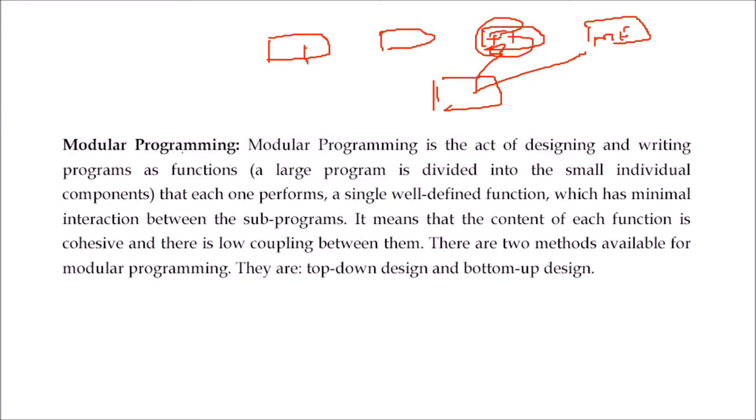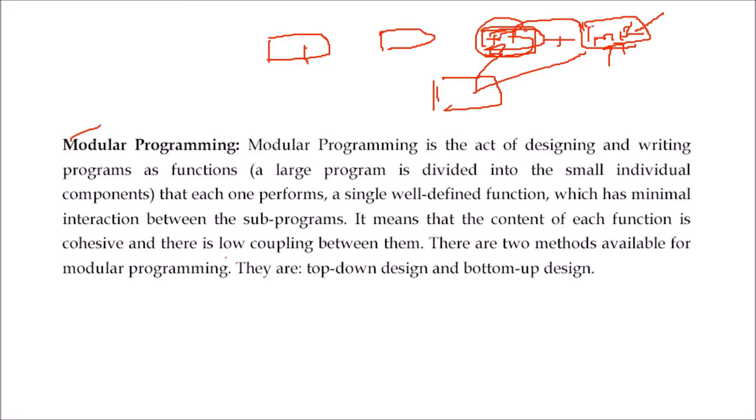Now this module is nothing but a function or set of functions, and these modules are by themselves complete. This mutual fund module will only contain the code of the idea of mutual fund. So this is the cohesiveness of this module, and this is the fund transfer. Fund transfer is not at all dependent, maybe somewhat dependent, but it has nothing to do with the mutual fund. There has to be the lowest coupling.